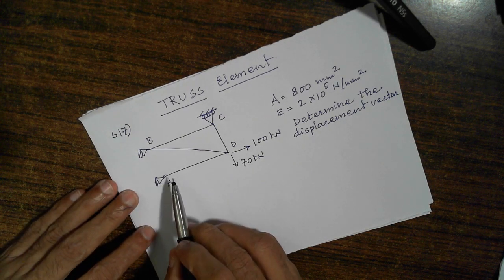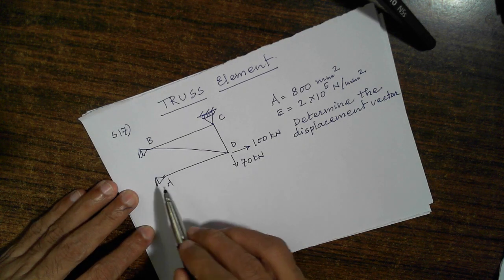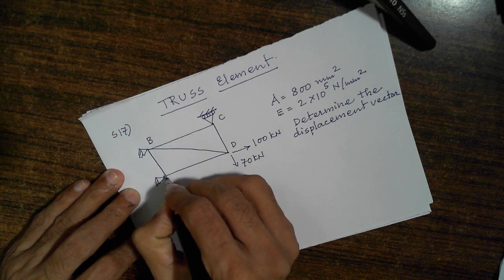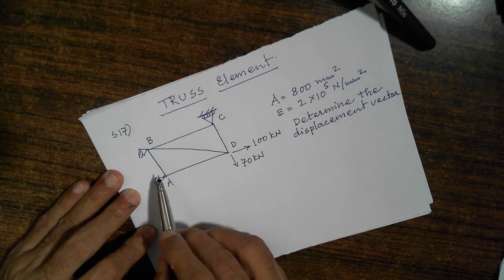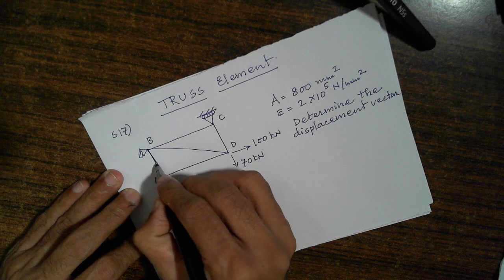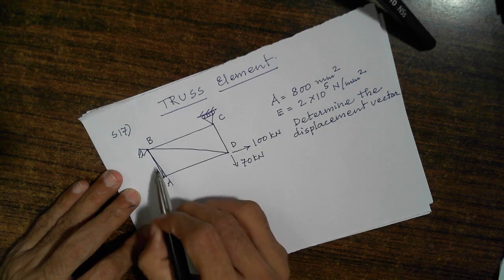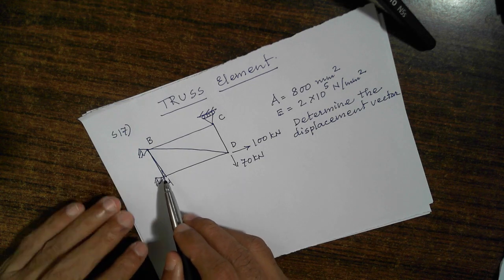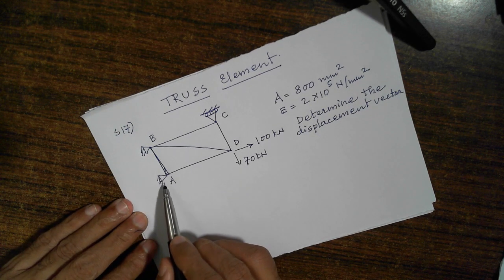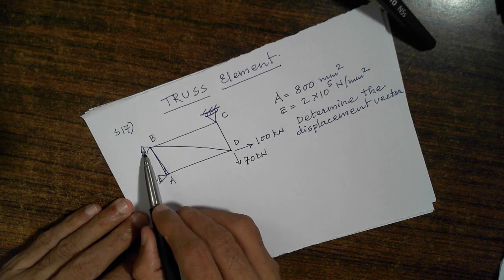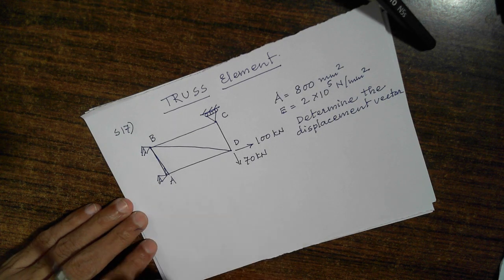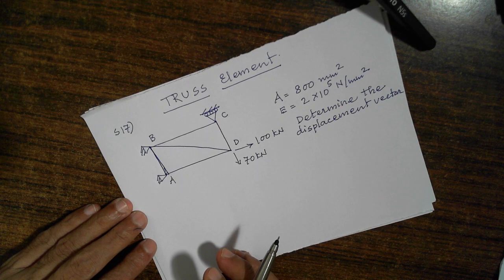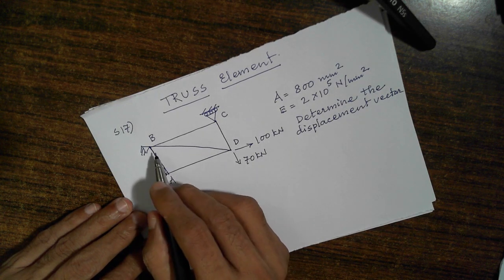Now you must have seen it. It's a truss with 4 joints, so minimum 5 members are required. It is given only 4 members in the truss, so AB member is required. AB member is not given in the examination, but we need to take AB member, and we will find that this member AB, which is supported by hinge at both the ends, will have 0 force in it. We will prove it at a later stage that this AB member will be a 0 force member.